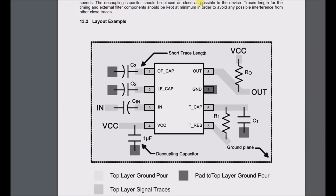Well, as you can see, I have a little bit of learning to do. This one's a little bit mysterious to me at the moment, these two capacitors, as to what they do exactly. Pin 8